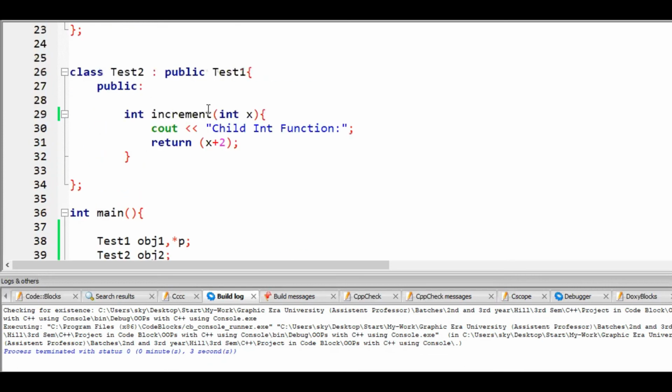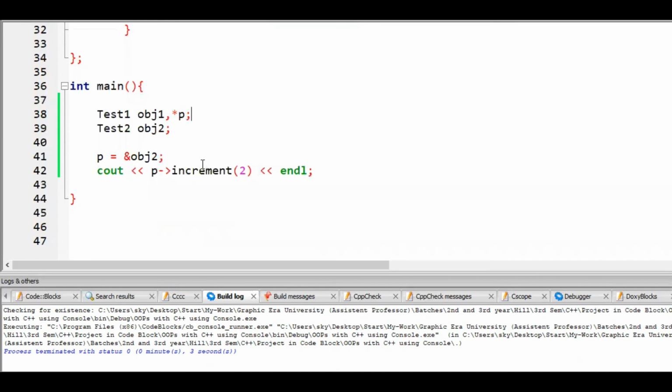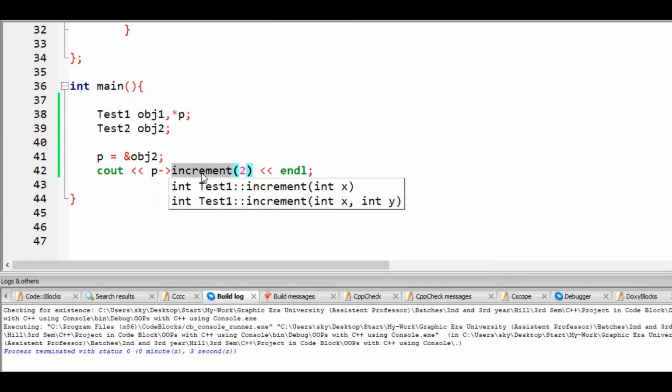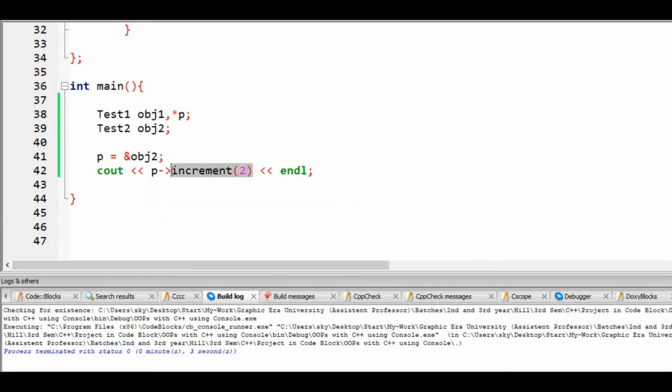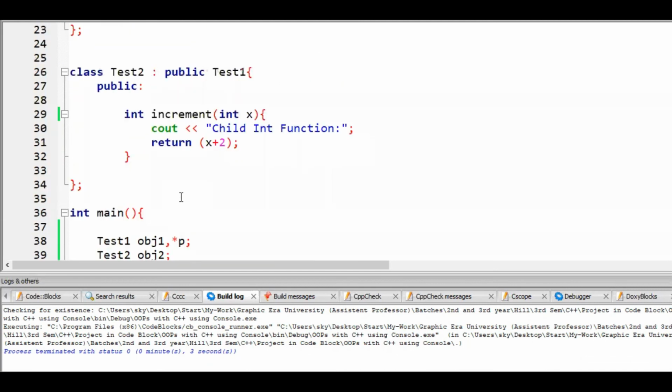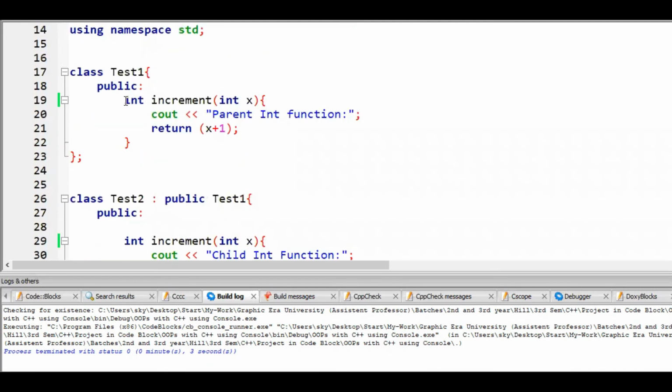I hope this is clear. So how can we make sure that increment can be bound late, or the compiler can say, okay, let's not bind it early, let the runtime decide what to bind it with? What we need to do is simply type virtual before any function you want to be bound during the runtime, or dynamically.